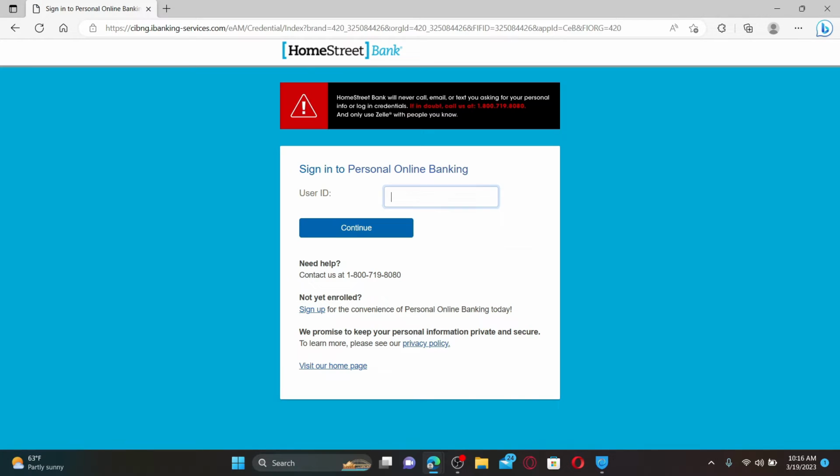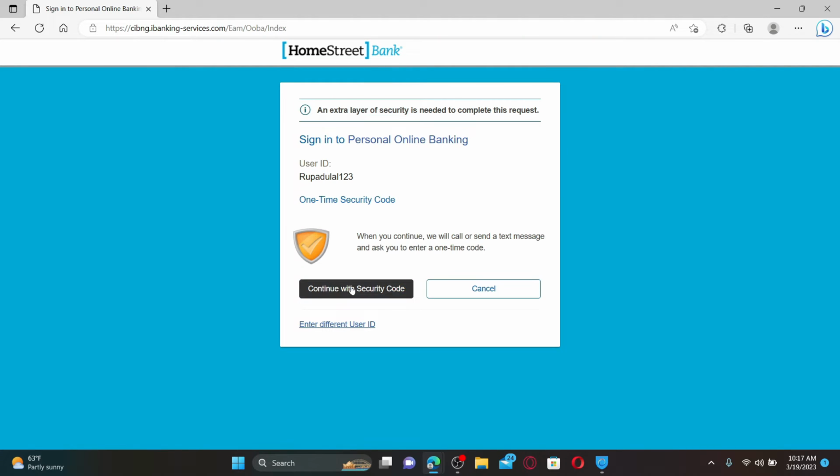On the next page, enter the user ID associated with your account and make sure to type it in correctly. If you've not yet enrolled for online banking, click on the sign up link and follow through the on-screen prompts to register. Finally, after filling in your user ID, click continue and you'll need to go through an extra layer